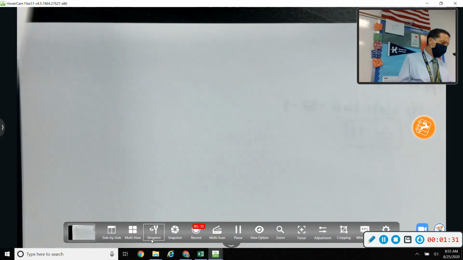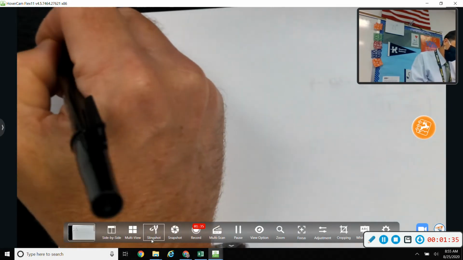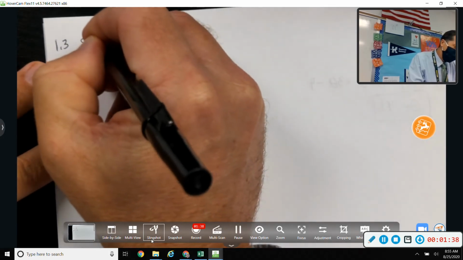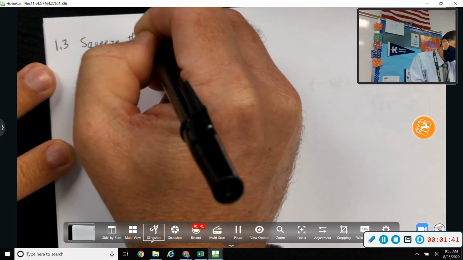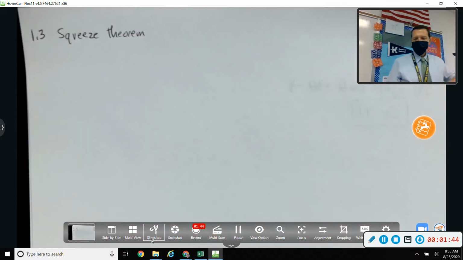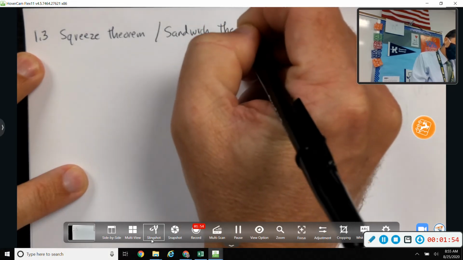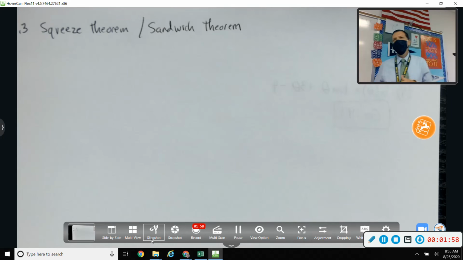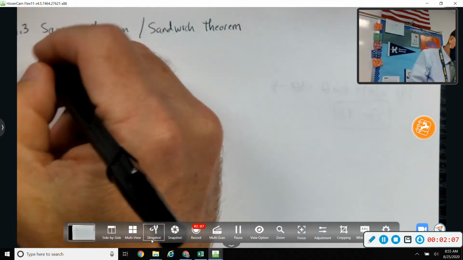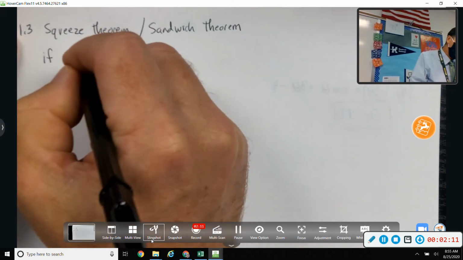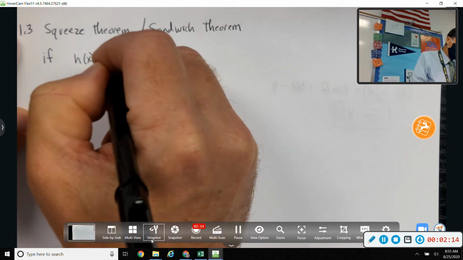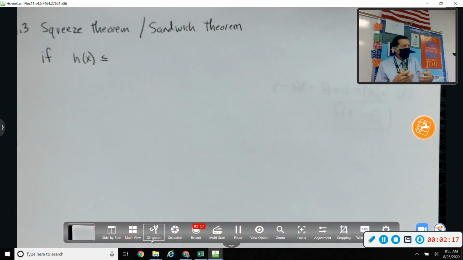Today, the notes are short. I don't know how else to say it. It probably could have been sandwiched with a different unit, or a different day. But it's a good day, an easy day. By the way, it's also sometimes called the sandwich theorem. This is one of those that makes complete sense after you see it and understand what it's talking about. I think it's one of the easier ones to understand. Again, there's some technical jargon to fight through,